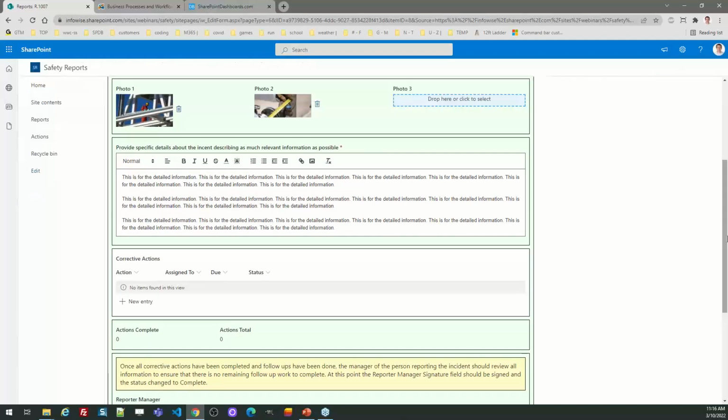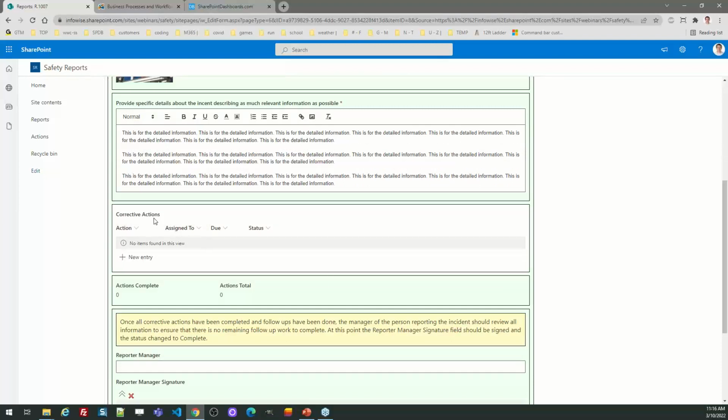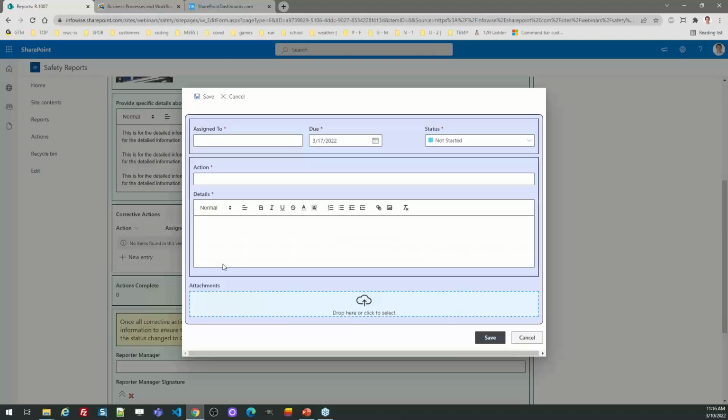Okay, so something happened and it's been reported, and follow-up steps need to take place to deal with that issue or make changes, whatever is the case, but any follow-up actions would be under this corrective actions thing. This is what you may refer to as a many-to-one relationship or a repeating table, and I can create and add as many of these as I want. All right, so I'll assign this to me,